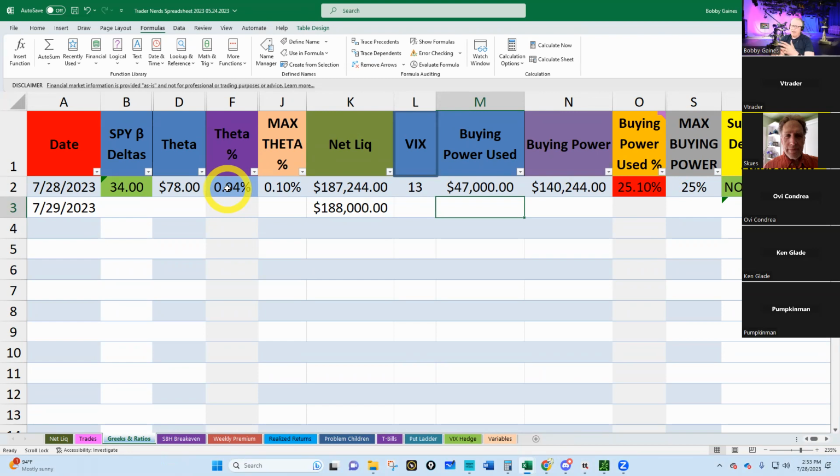You can sit there and say, wow, it says Bobby must do something. So there's rules and then there's permissions. Bobby must do something or Bobby has the option to do something. Know whether your plan requires you to do something or gives you the option to do something. I would try to be as much of a rules-based trader as you possibly can be. Hey, man, my rule is to do this, this, this. So there's no question what you should do.